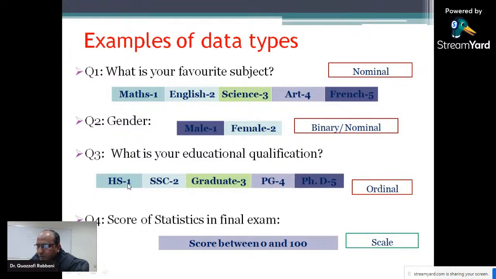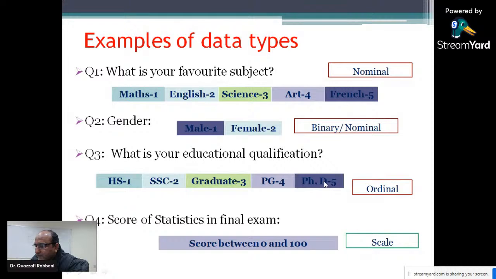So here the high school is represented by 1, SSC by 2, graduate by 3, PG by 4, and PhD by 5. This is ordinal because if someone is 5, you can say PhD is better than 4, better than 3, better than 2, better than 1. So 1, 2, 3, 4, 5 is used to identify the educational qualification as well as their magnitude ranking